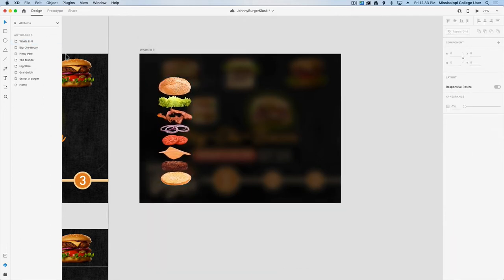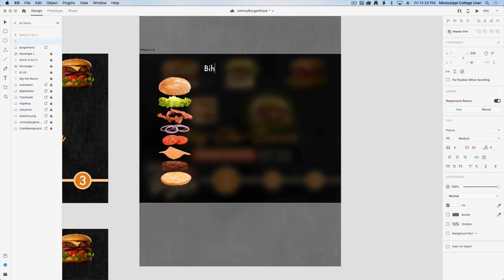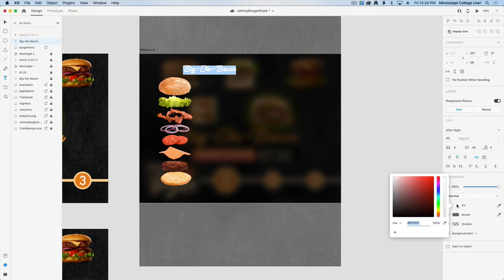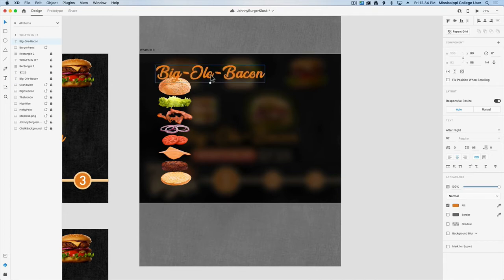At the top, let's add the name of the burger. So grab your type tool and type in Big Ol' Bacon. We want this to be in the same font that we used before, so I'm going to set my font to be Afternight. And again, I can set my font color to be something that matches nicely with the logo that we used before. We'll scale it up, move it over, and